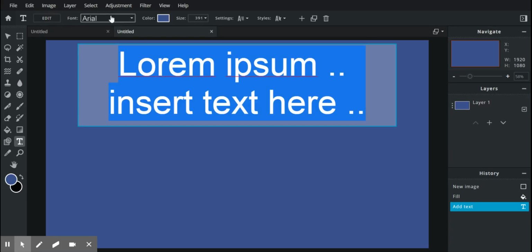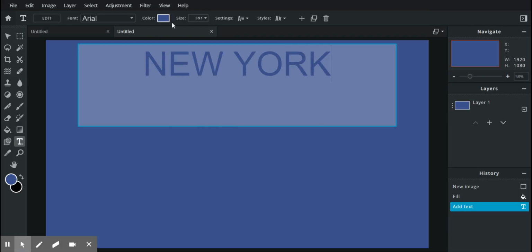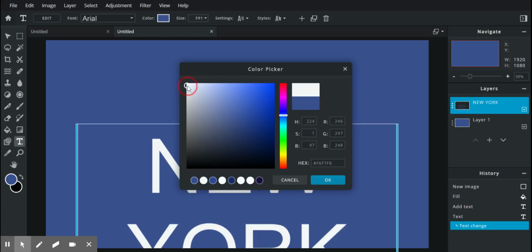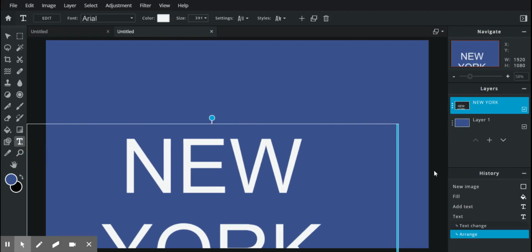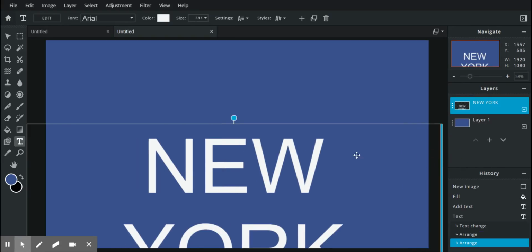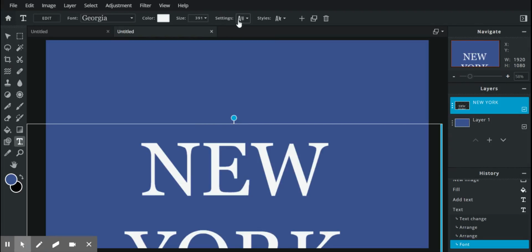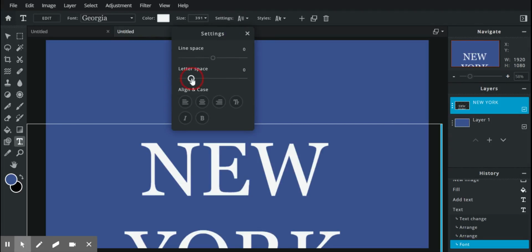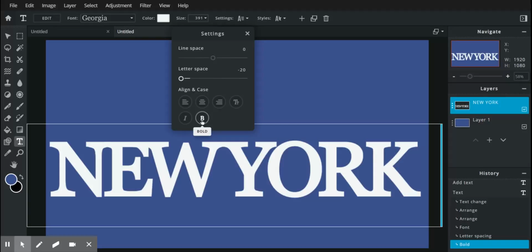It's going to give you all these different things. First you want to type in the text that you're going to write. You want to change the color so that you can see it on your fill color. You can pull this to stretch your font here. You can also change, maybe you like a different type of text. In the settings, you do want to mess with this letter spacing. If you decrease it, it'll pull the letters closer together, and using bold definitely makes it pop more. So you just want to mess around with all these options in the text tool to get it to where